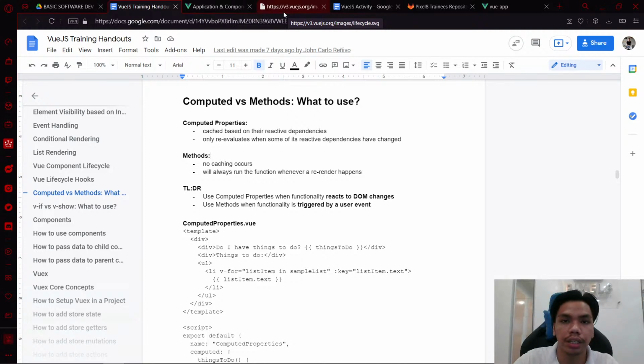Meaning it is based on the UI state. Meanwhile, you use methods when the functionality is triggered by a user event. For example, a click. You have different types of events, and the click is the most common. So if you have a function that runs whenever you click something, you declare that as a method. But if you have functionality that needs to compute every time the DOM changes, you need to use computed properties in order to save CPU